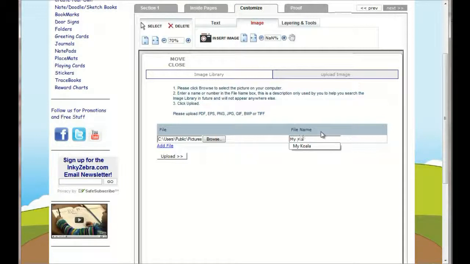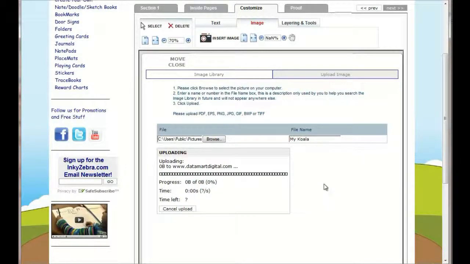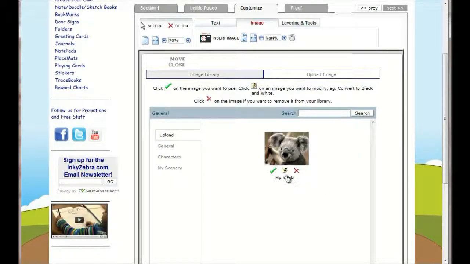So we select it and then give it a name and hit upload. Of course, we have to remember that depending on your internet speed and the size of the picture, it may take a moment or two for the image to upload. So please be patient. Okay, now that my image is here,